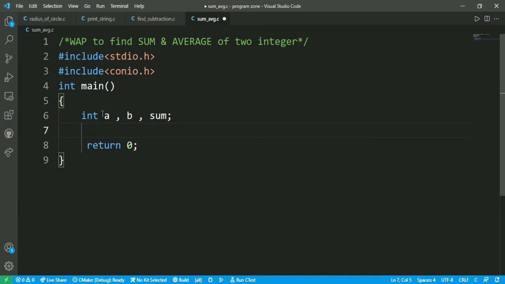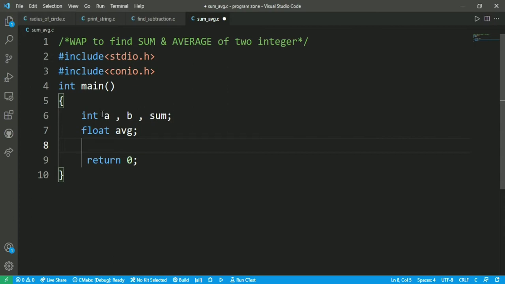The average is a float type because the average can be either an integer value or a decimal value. So we have to declare it as a float, to be on the safe side. That is, we declare it as float average.